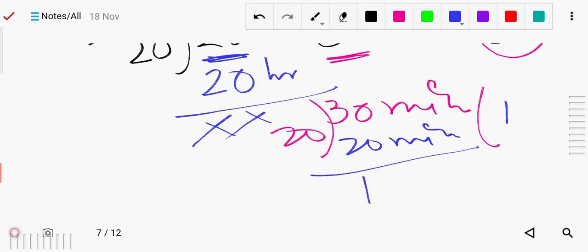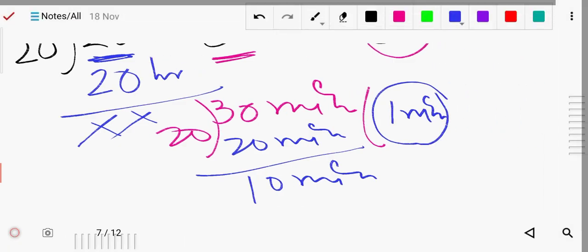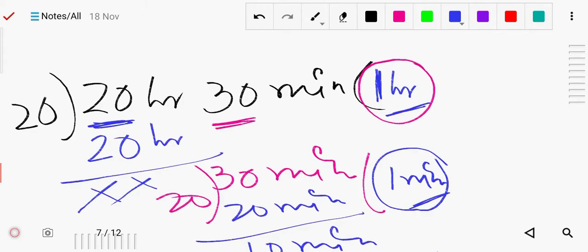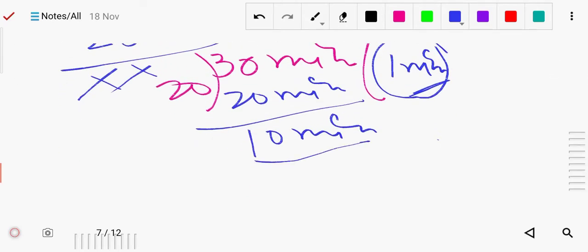Now here is 10. Now 10 minutes is left, and we have divided it in the minutes, so write here minutes. And as I told, whatever quotient you are getting, just try to round it, because it will be easy to find out. Now 10 minutes is there, because this is not the final answer. The remainder should not be there, it should be exactly divided. Now this 10 minutes we are not able to divide by 20.